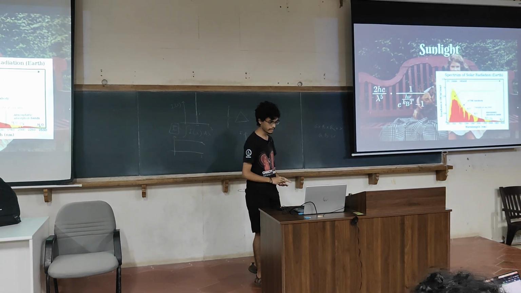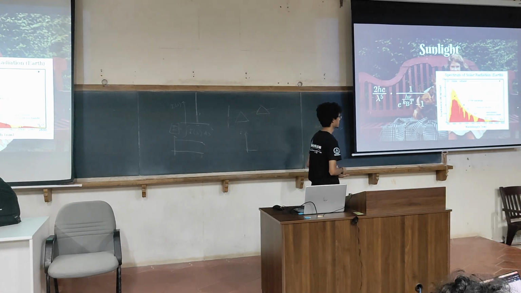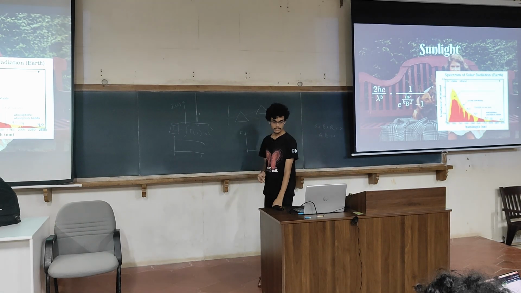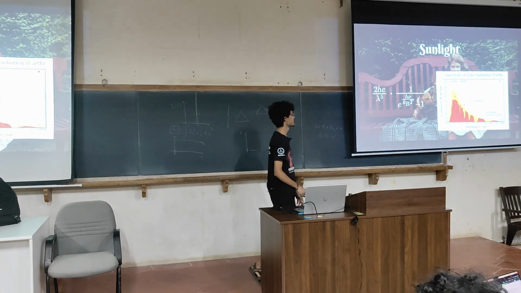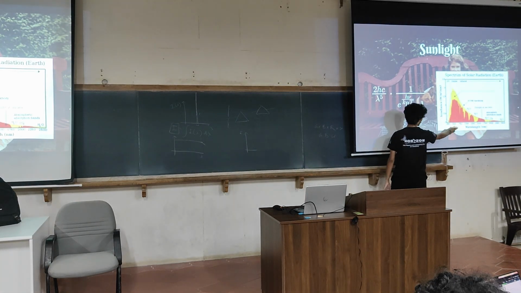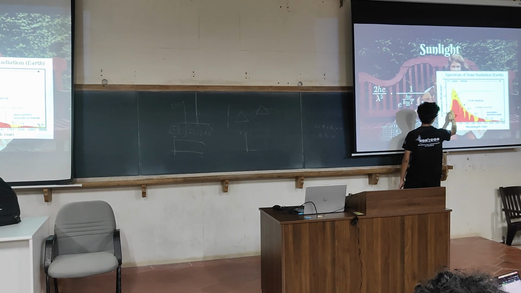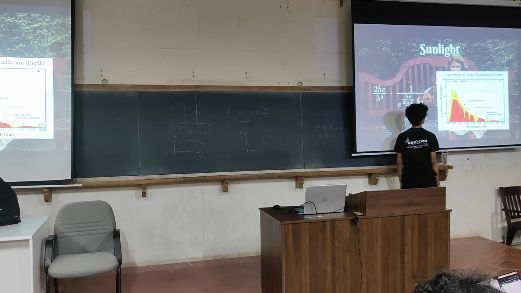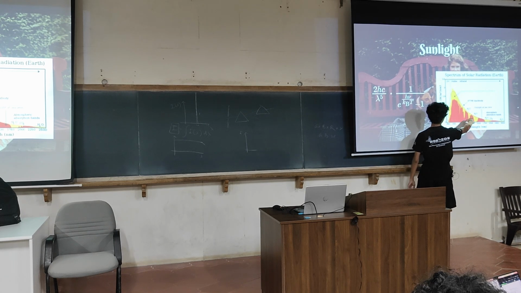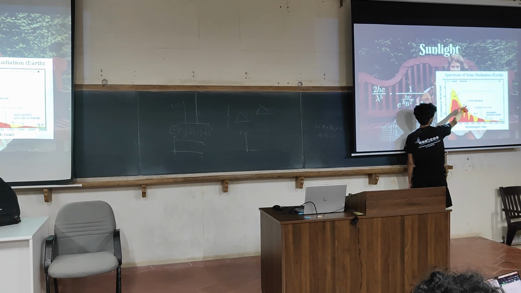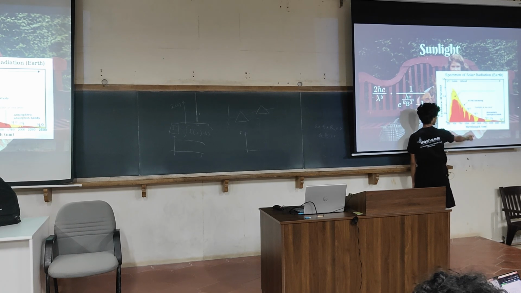So we'll just quickly go over the different sources of light as well as the spectral distribution. Sunlight, you can see over here, at least in the visible region, has a very uniform spectrum. So you get almost all the colors at almost the same intensity. The yellow curve is just sunlight without atmospheric absorption, and in black they've plotted the ideal spectral distribution of a 5000 Kelvin black body.